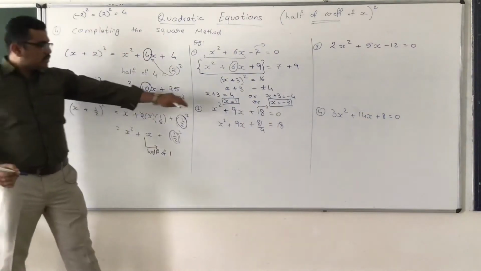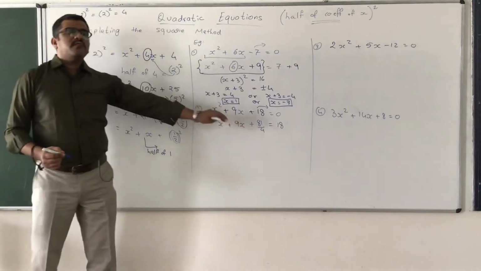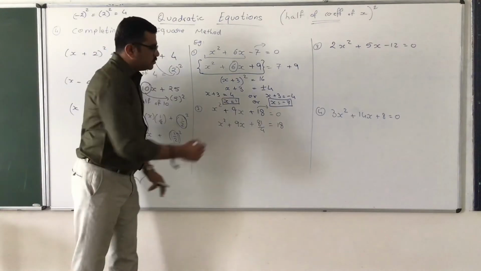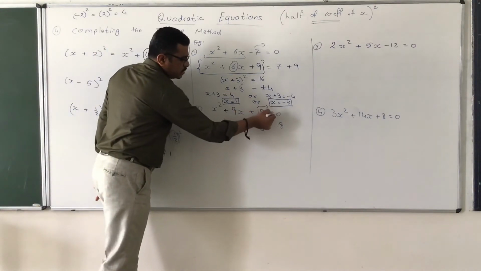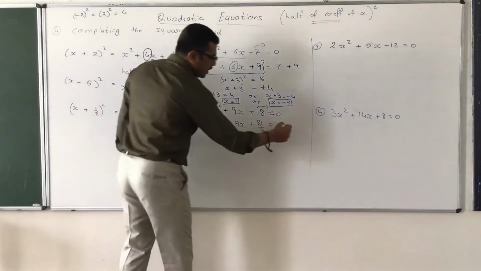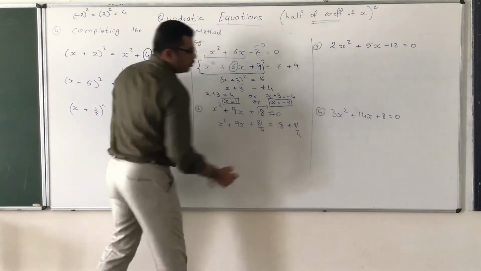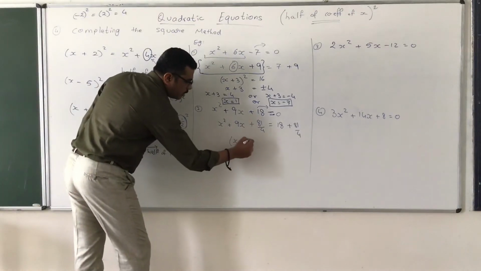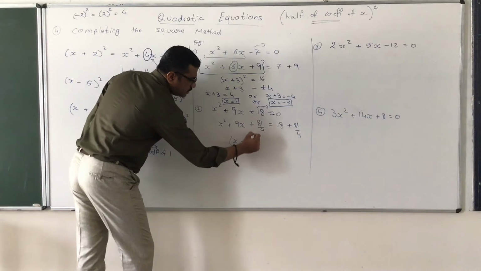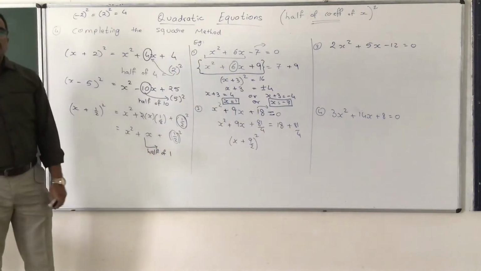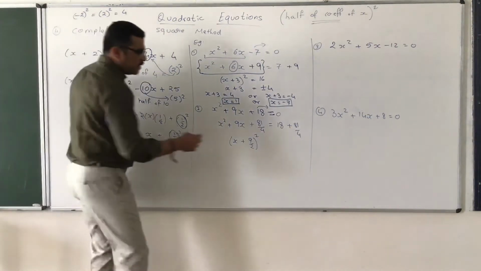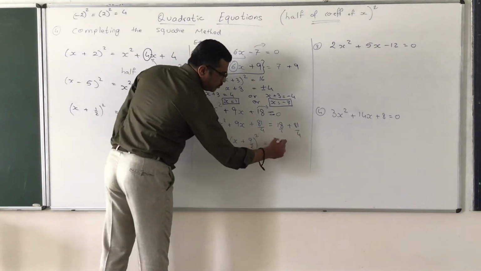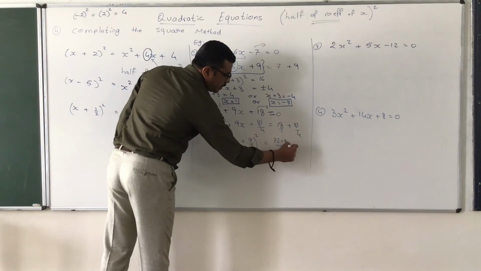Now we just cannot add only 81 by 4 to left hand side or to right hand side. We have to add to both the sides to keep this equation balanced. So we add 81 by 4 to both the sides, and then left hand side becomes a perfect square of x plus 9 by 2 the whole squared, and on right hand side by taking LCM we get 72 plus 81 by 4, that is